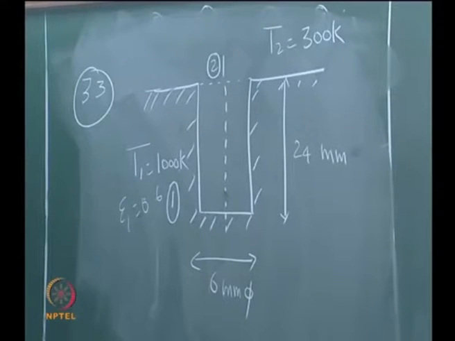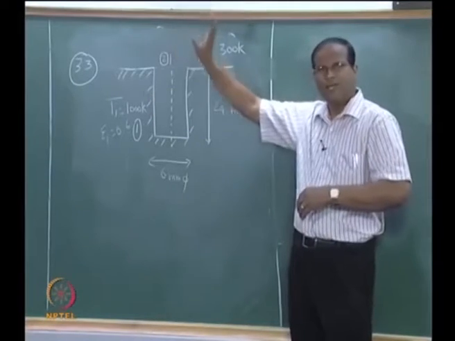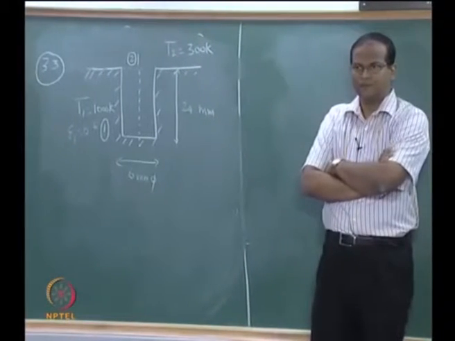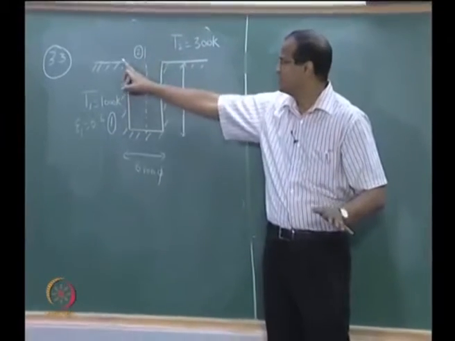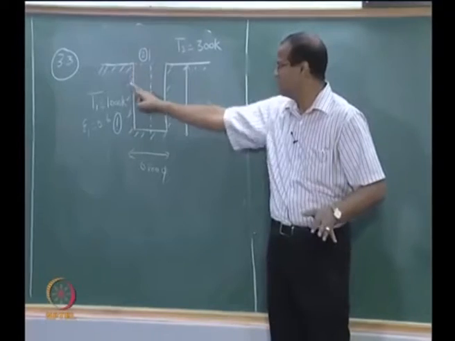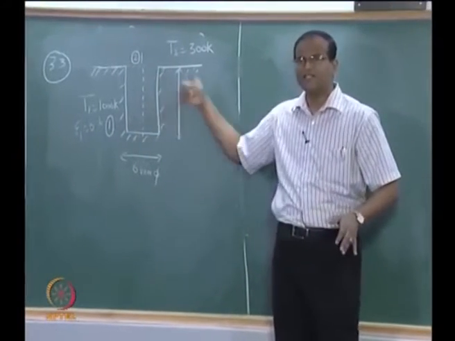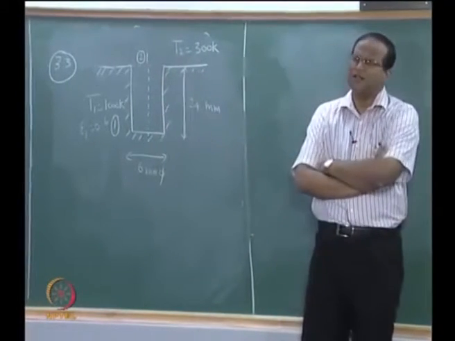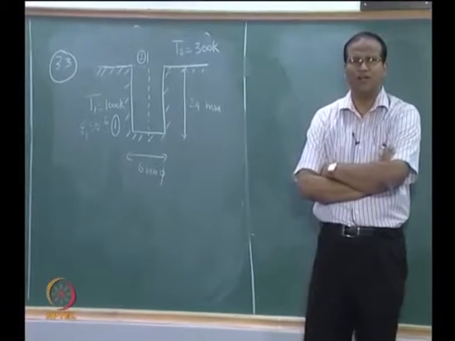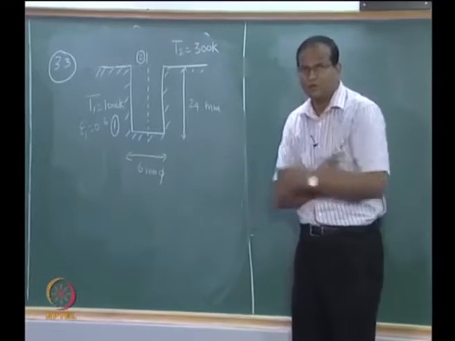Okay, this has an emissivity of 0.6. This bored hole is opening to the surroundings at 300 Kelvin. Now we can treat it as a 2-zone enclosure problem. That is, this whole thing is surface 1, that is 1, 2, 3, this lateral area, and the bottom is surface 1, which has an emissivity of 0.6 and is at 1000 Kelvin. Surroundings are at 300 Kelvin. You treat the surroundings as a black body at 300 Kelvin, solve the 2-zone enclosure, and get the resultant heat transfer from 1 to 2.